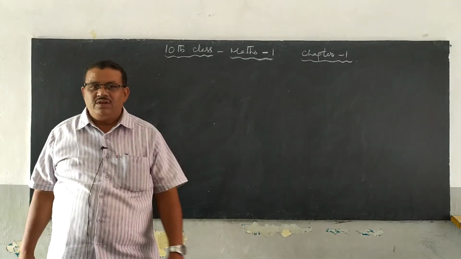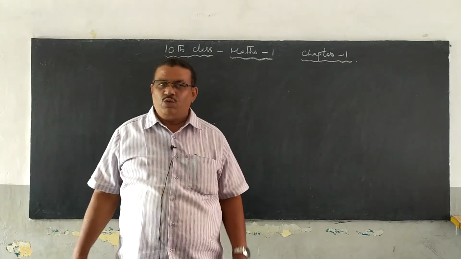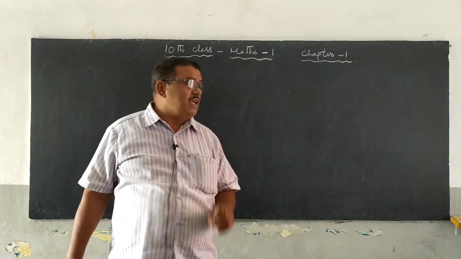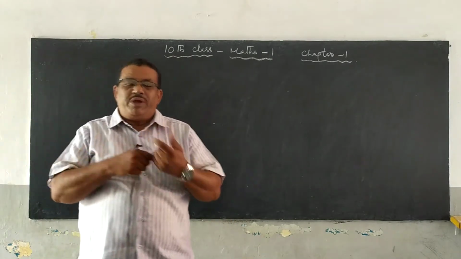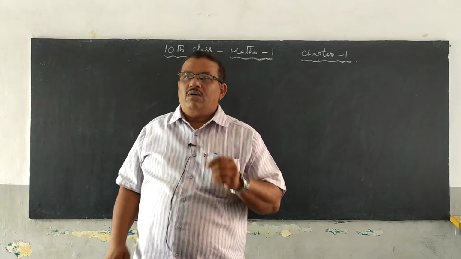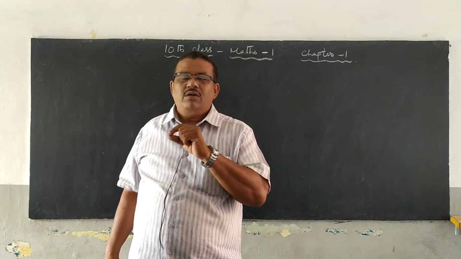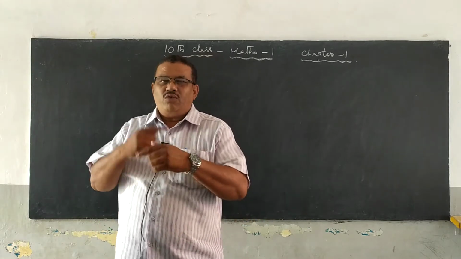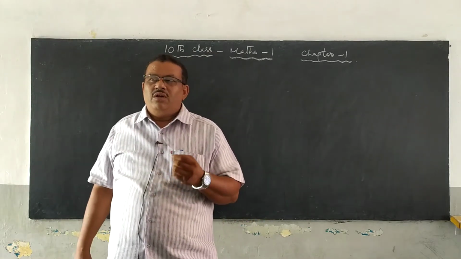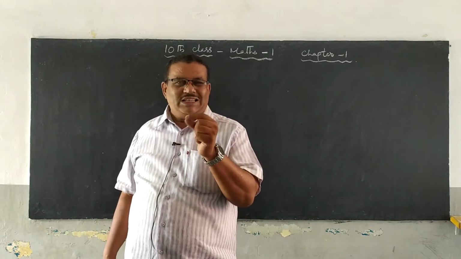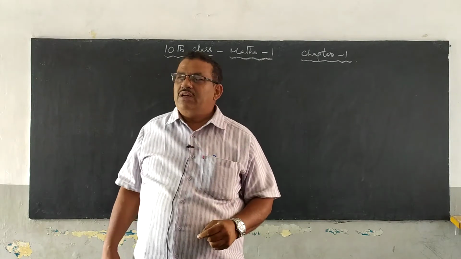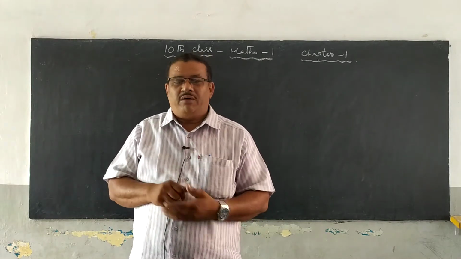Okay, children, in the last class we discussed two problems, example 3 and example 4. Once again I have to repeat. Can 4 power n end with the digit 0? In this problem we just have to recall: if the number 4 power n ends with the digit 0, it is divisible by 2 and 5.